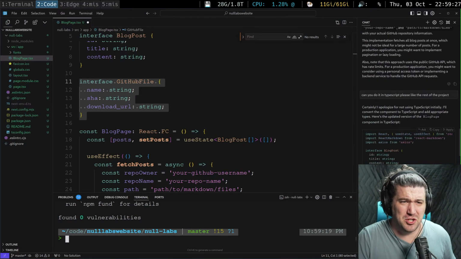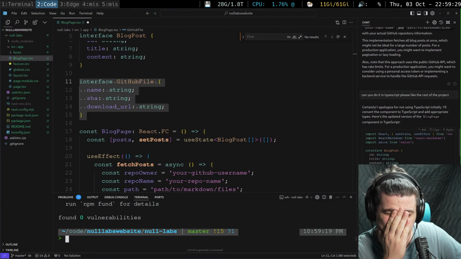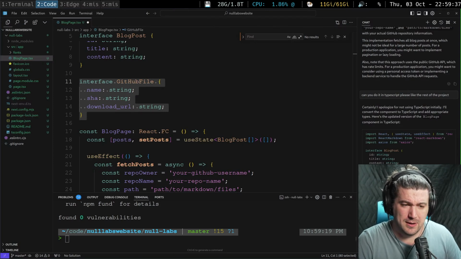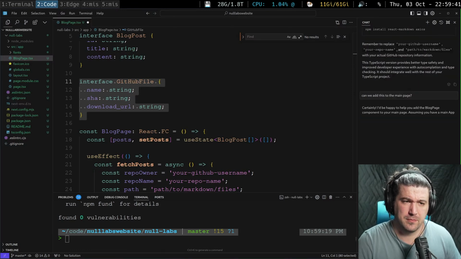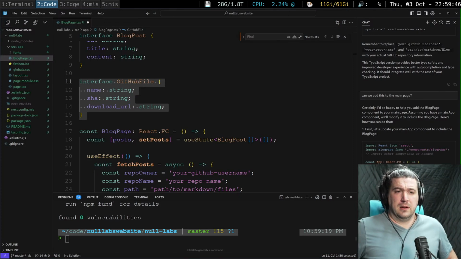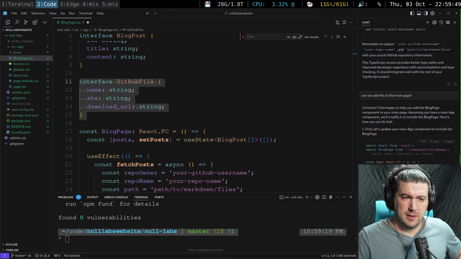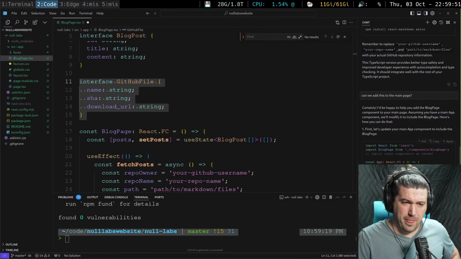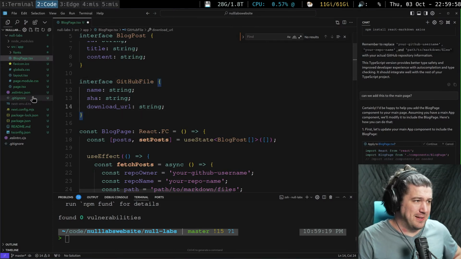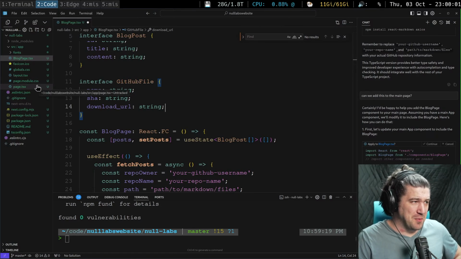Okay, so this is just a page. It didn't like... It's not even part of the router. Can we add this to the main page? So it's not gonna like... Yeah, it's just gonna apply it to this file. It has like no idea about the rest of the project.